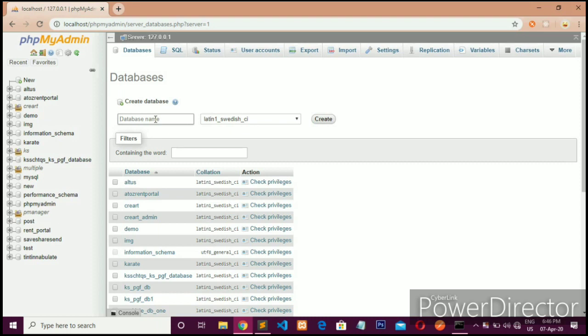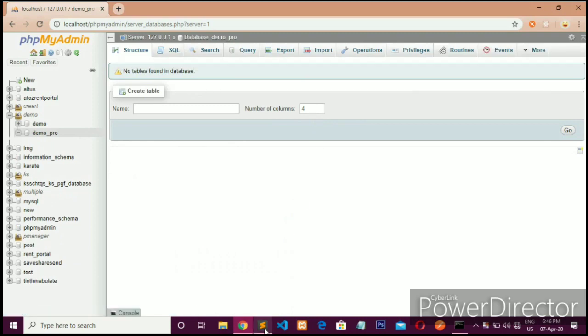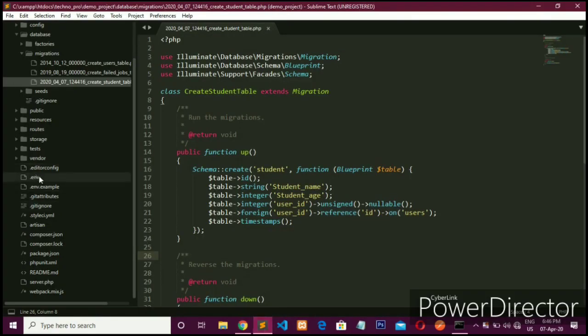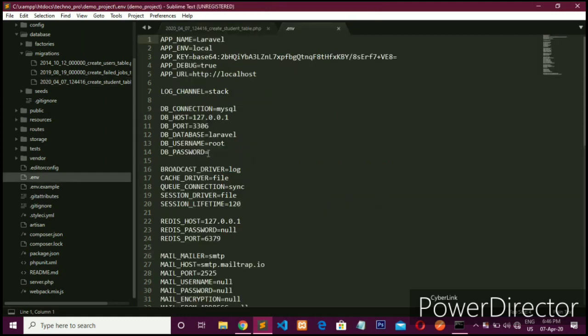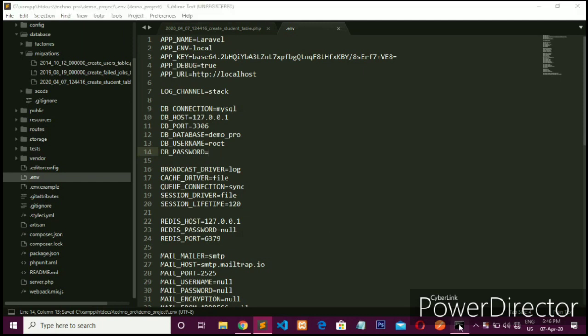The database name is demo pro, and create. Now you can see the .env file here, click there and write your database name here. My database name is demo pro, and check if your username is root, then write root, otherwise mention whatever your username is here, and the password. Okay, and save the changes, and now fire that command.